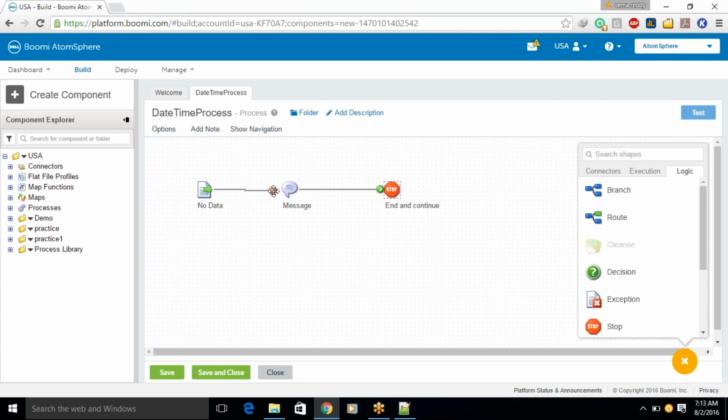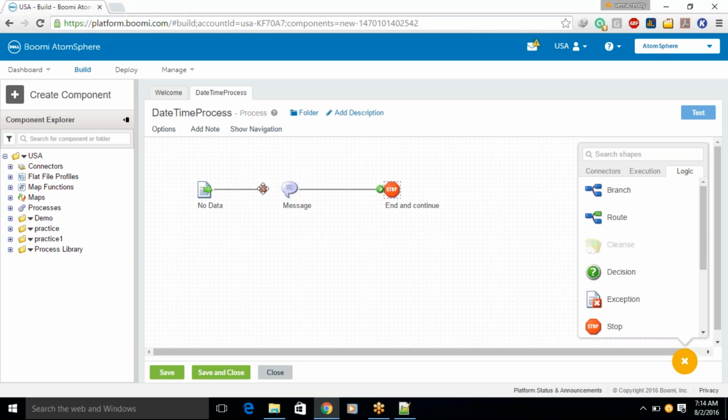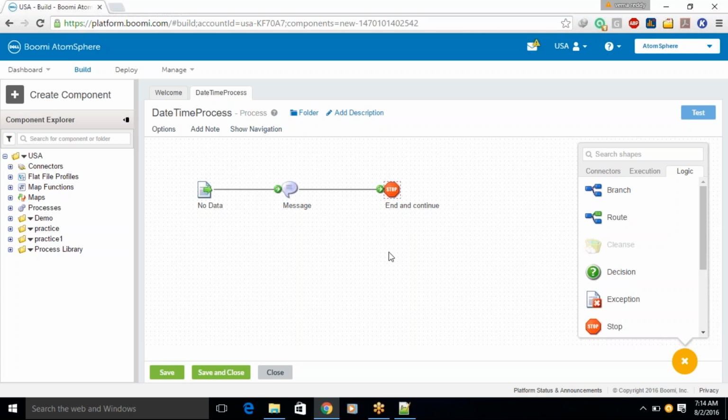Select this red and highlight. When you hover your mouse, you will see the diamond symbol. You left click and then drag it towards this and leave it. Then you can see it is automatically connected. If you want to disconnect again, just drag the mouse up and hover the mouse here. You can see a diamond symbol, then left click and drag it left or right, so it is automatically disconnected. If you want to connect again, when you see the diamond symbol, just click and drag it towards that, so it is automatically connected. If you want to give any label,